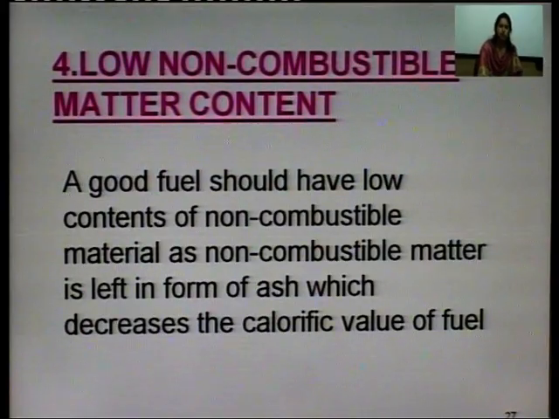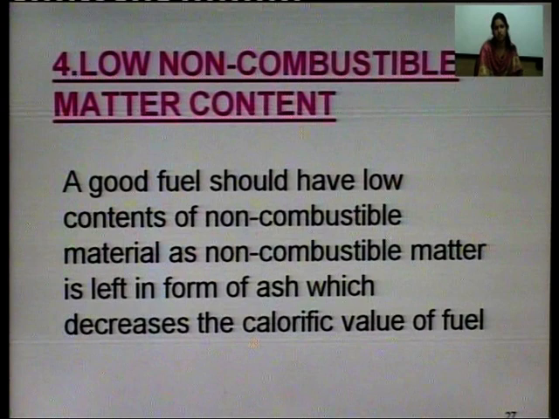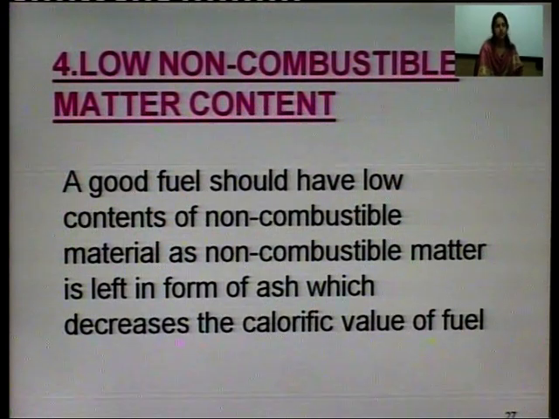Then it is about non-combustible matter content. What is the fourth characteristic of a good fuel? That is, it should have low non-combustible matter content. A good fuel should have low contents of non-combustible matter material as